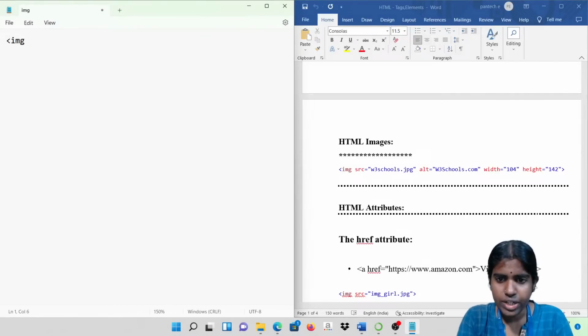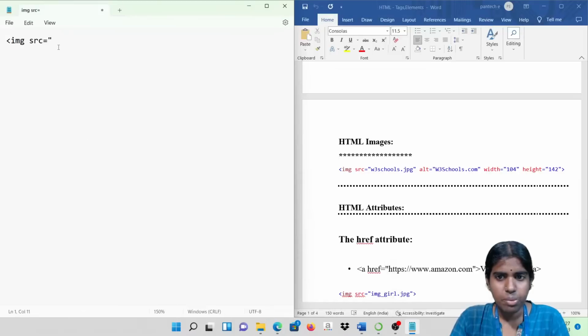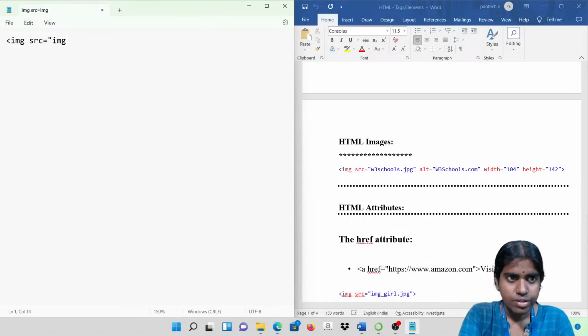So img, whatever is the image source. You can see here, image Chania, or whatever. I am going to give some image. It is stored with .jpeg extension.